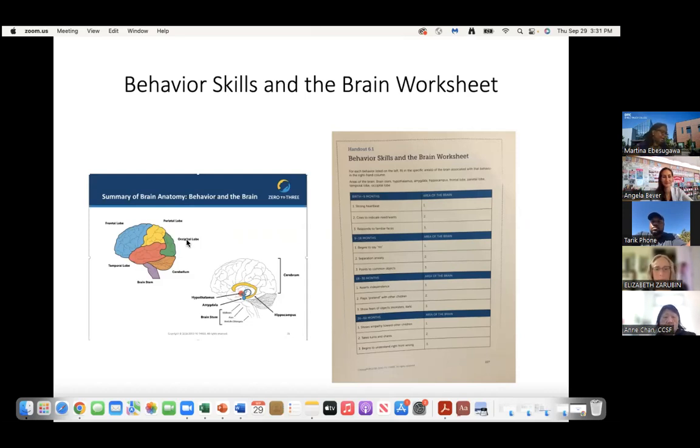Okay, so the next one is 18 to 36 months. The child asserts independence. What area of the brain? Remember the areas for planning and thinking and problem solving. What area would that be? That's the frontal, but you said that wasn't done developing until the 20s, right? Is it already developing at this age enough to do that? Yes, it is. It's enough for it to be able to assert independence.